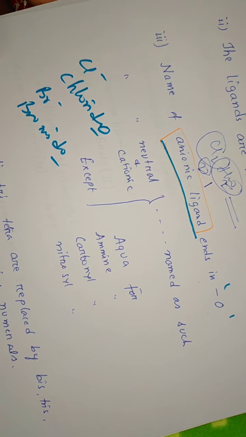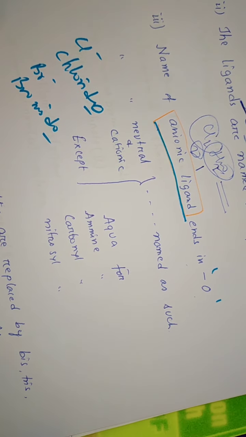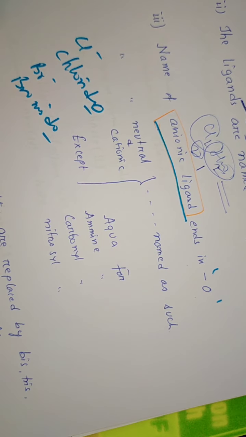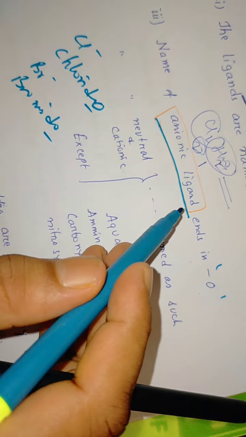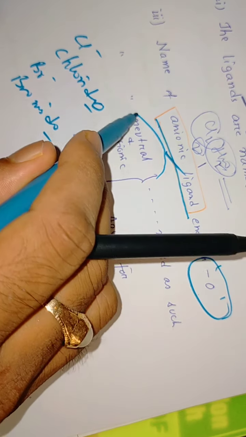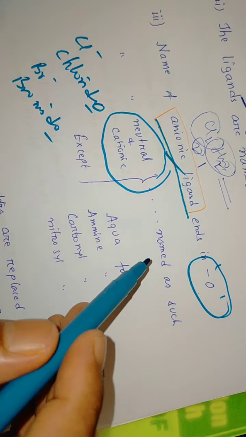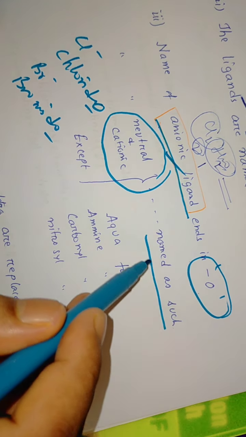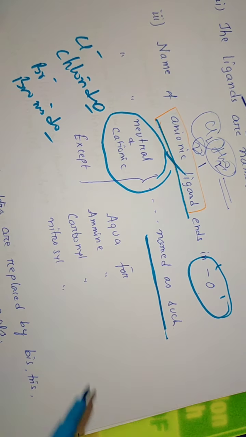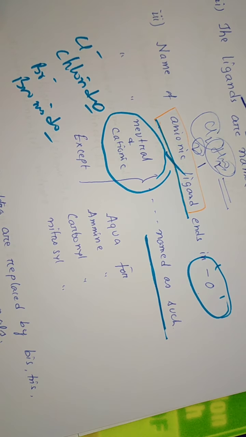Now in some cases, if the ligands are neutral or cationic, anionic ligands though we have ends with O. If the ligands are neutral or cationic, then they are generally named as such, but sometimes, for some neutral ligands, we have to use some special name. For example,